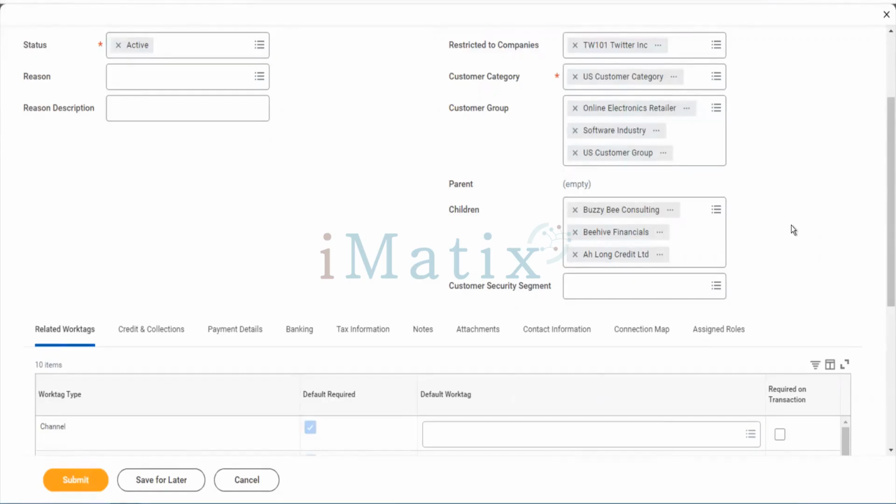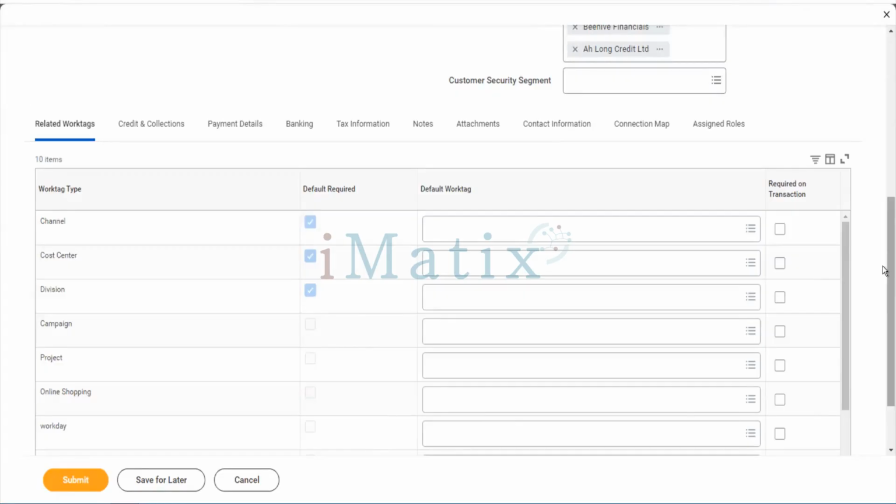Google is just a subsidiary of this Alphabet company. That's how you can add customers to it, marking this as the parent customer and the others as its child customers.